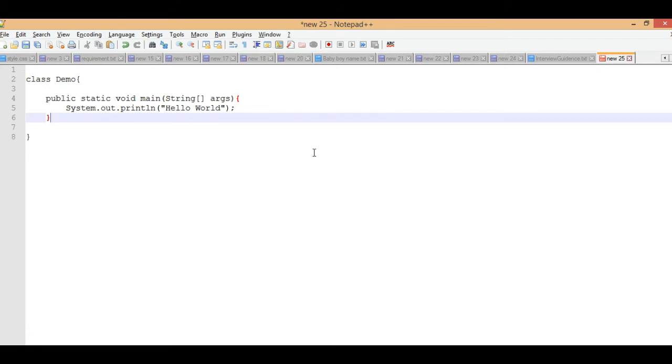Now I am starting to teach you from this text editor because I would like to show you some errors, and you will have good experience and good learning from the errors. I'll explain why an error is coming and how we can resolve it.